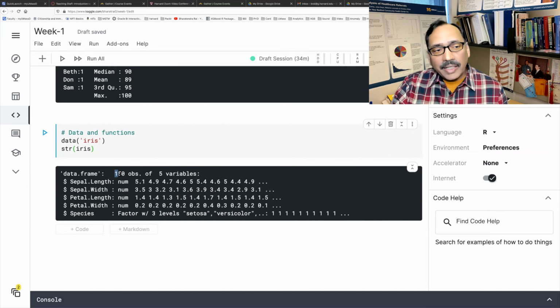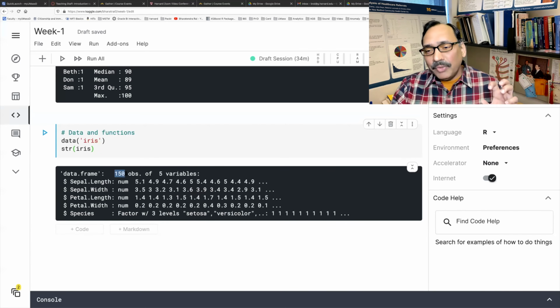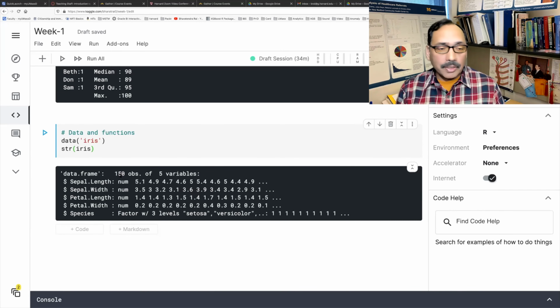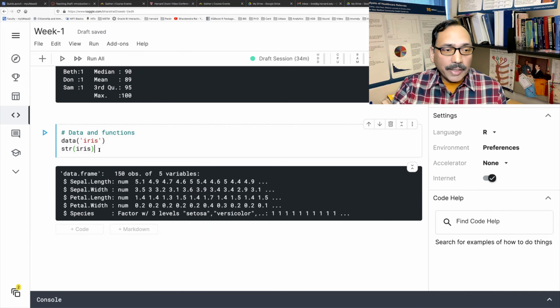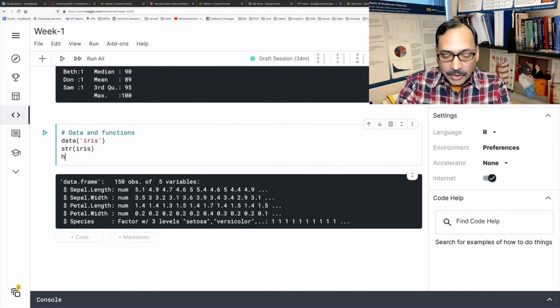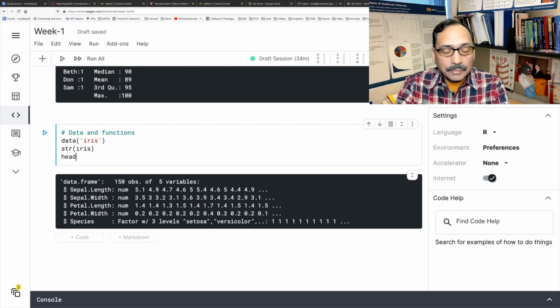We rarely have columns in rows and cases in columns. This is certainly a bigger data compared to what we created. We created data for only 5 students. So if I try to print the data, it will give me a huge data sheet on my screen. So I don't want that. But what I can do is I can get a sample of data, and there's a function called head.